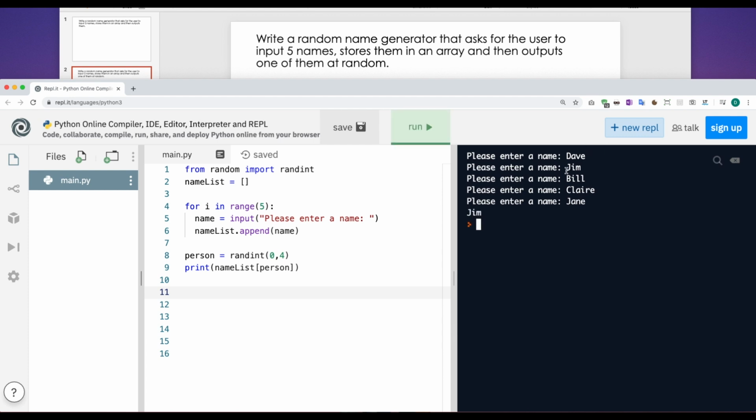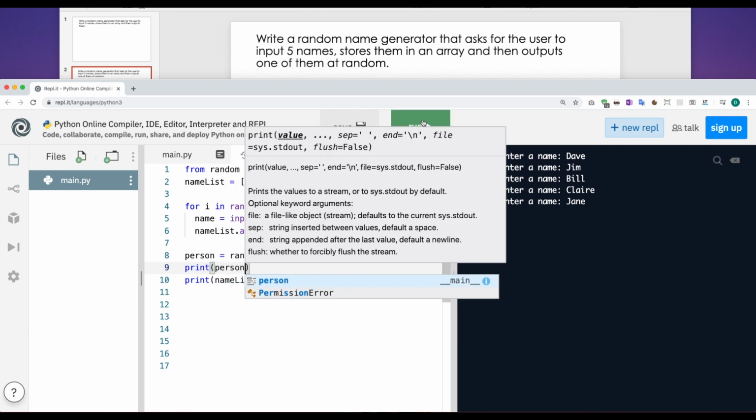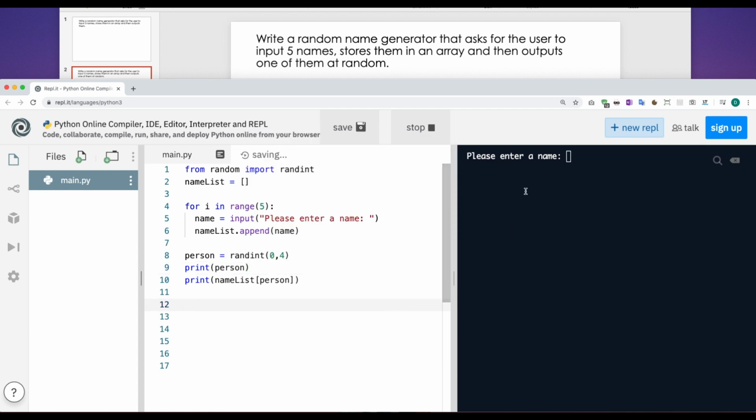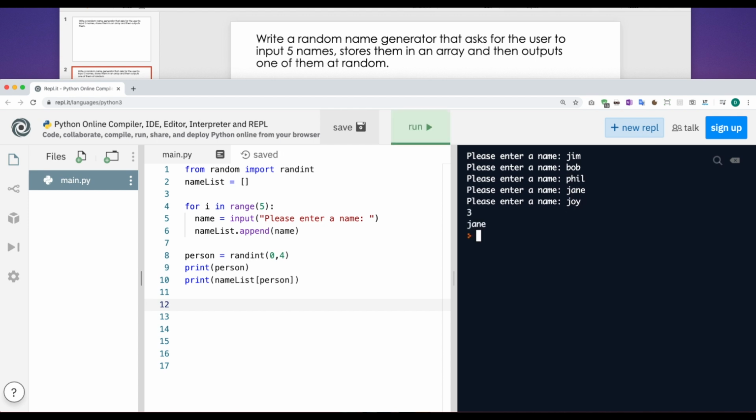And it's picked out Jim there as being a random number. Now just to show you, if I print person and we rerun this code, it's picked out there number 3 is random, and we can see in position 3 of the list is Jane. Before I leave you to go and do tasks, I'm going to change one more thing,